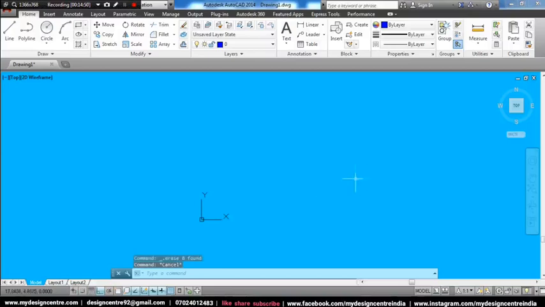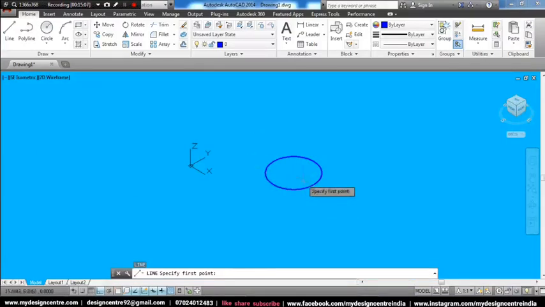I am going to draw a circle here. Okay, this is a circle. Now you can click on this cube to make it isometric. When I click, this is the isometric view. Now I want to make a line at some height from here, in the z direction. I want to draw a line which will intersect with this. For that I am going to draw a line over here only.